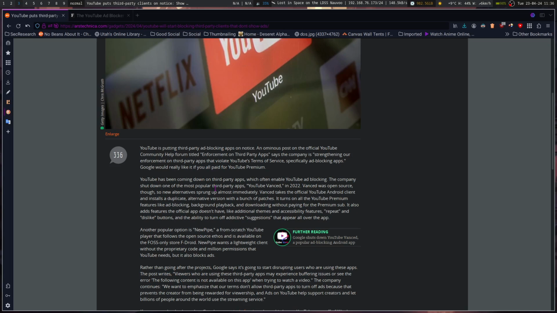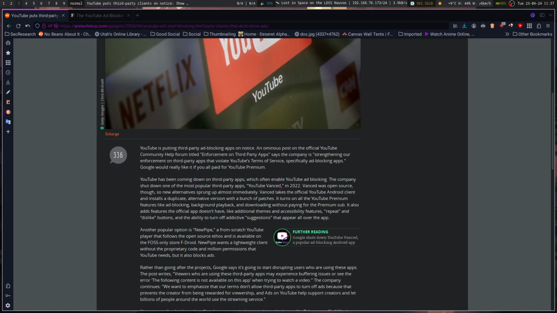There's been a lot of back and forth between third-party apps and YouTube. Not all third-party apps block ads, but it is a perk of a lot of them. So apps like NewPipe and I think YouTube Advanced and so on don't necessarily completely block ads, but in essence they directly interface with the videos in order to get the video content directly.